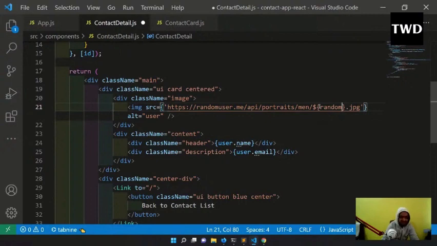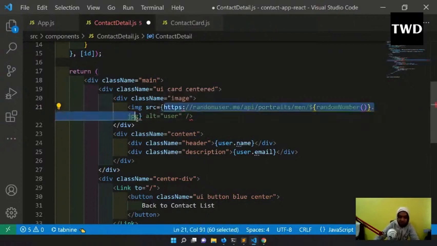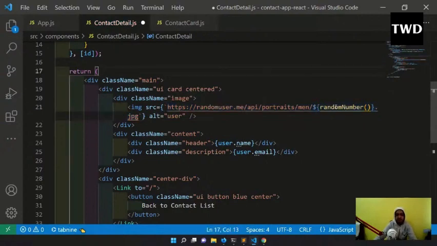Okay, so random number like this, and if you want for woman, what you need to do is change this to woman. And this is not showing correctly, because what we have to do here is have a template string here, so then only this dollar thing comes. Okay, so let me do it like this, it's a template string, so now it is coming right. Now this random number is nothing but a function. I could have done it here also in a line, but it's better to do it